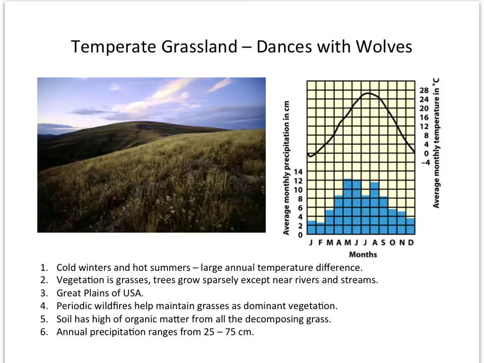You can have tall prairie grasses in Illinois, Iowa, and Kansas, and you can also have these shorter prairie grasses that you would have in other parts of the West as well. Periodic wildfires help maintain the grasses as the dominant vegetation, so that's why you don't have a lot of trees in this area. You have medium to large size animals, you have reptiles, you have snakes as well, but this biome really supports large herds of grazing animals.